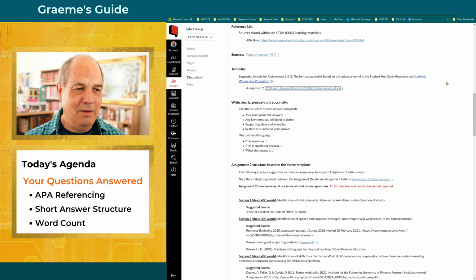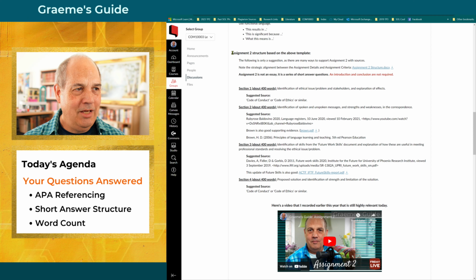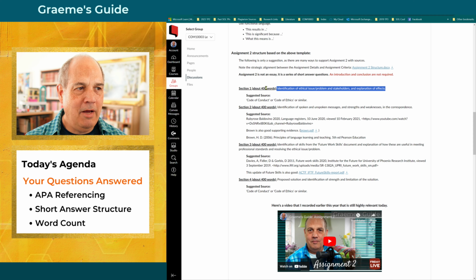Just scroll down a bit further here in the assignment 2 Q&A, and you can see here assignment 2 structure based on the above template. So section 1, which is looking at the identification of the ethical problem and the stakeholders and the explanation of effects, should be written in about 400 words. Now,